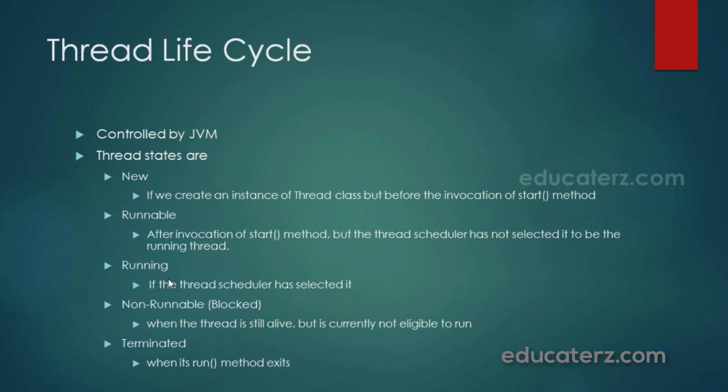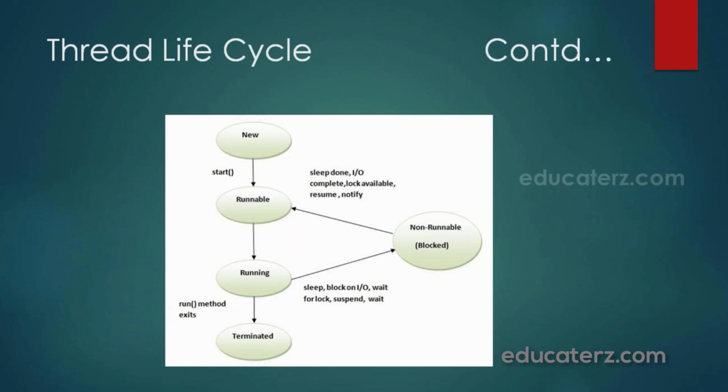If the thread is interrupted by using either the sleep method or the wait method, or blocked for some IO, then the thread enters the blocked state or non-runnable state. And then finally the terminated state: the thread enters the terminated state only when its run method exits. This is the